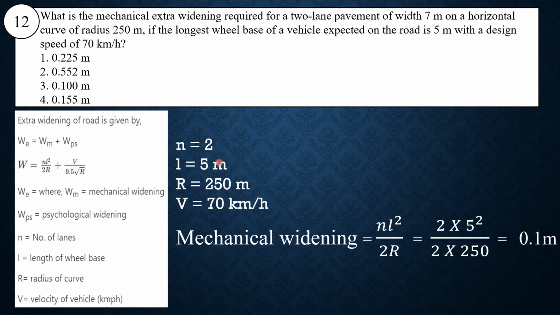Okay. So here N value is 2 lane pavement, L is 5 meter, R is 250 meter, V is 70 kmph. Mechanical widening is equal to NL square by 2R. By putting the values, we get the mechanical widening as 0.1 meter. So option number